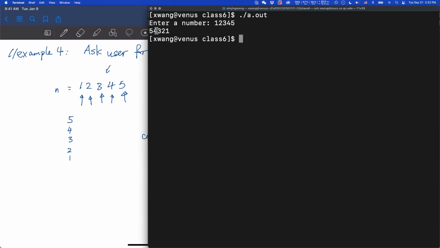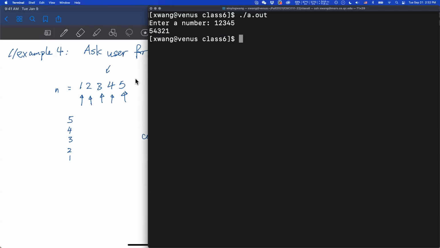So you will just print one digit at a time instead of figuring out what's the backward of the number and then printing it all at once. So it will print it digit by digit. Now it will be different. It will be a little harder if you want to find the integer that's backward of your input.